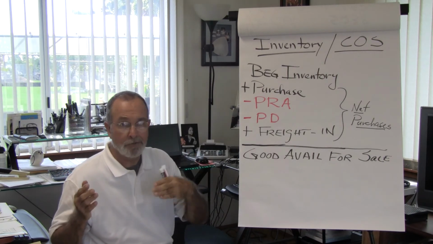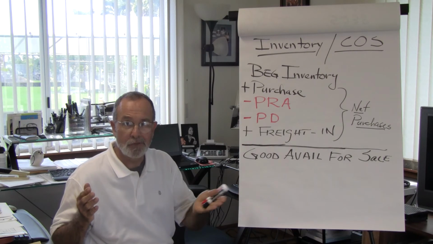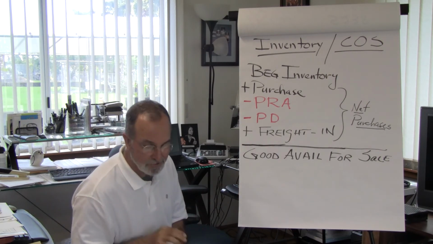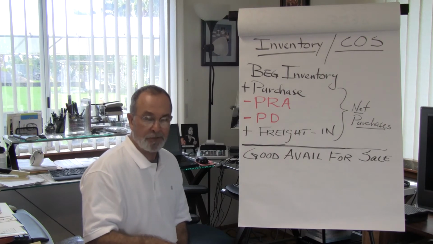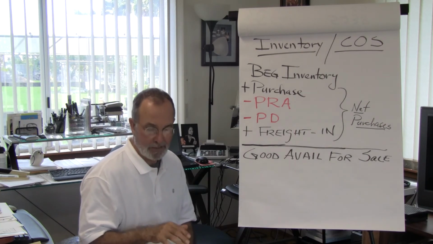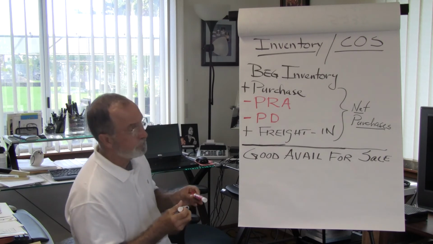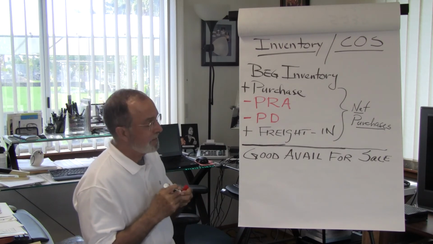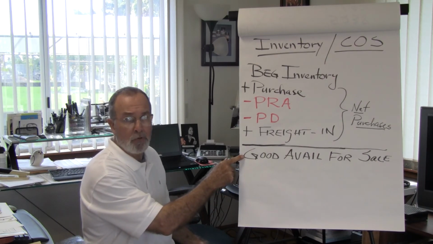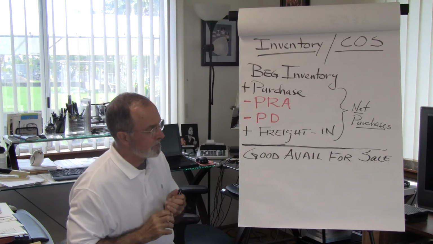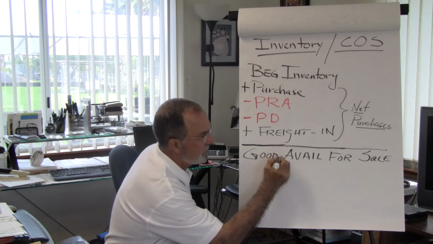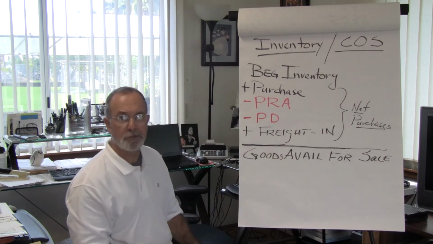And that is either we sold it or we did not. And so those 2 options are at the bottom of Exhibit 7.3. Of everything that we had available to be sold during the year,